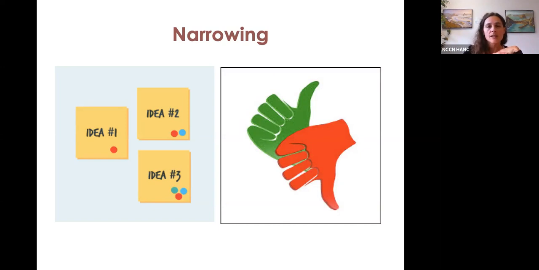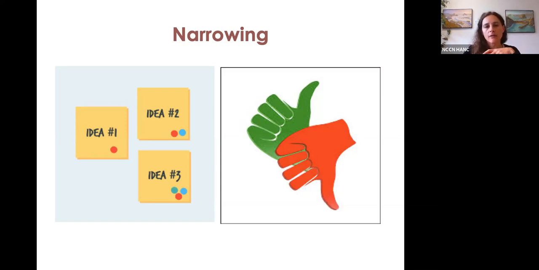If you were doing this in person, you could have people just make a star with a marker. If you're working on posters or little circle dots, they can either spend all their dots in one place because they really like a particular idea, or they can spread those dots across ideas. And especially if you're in a problem-solving mode, go through the pros and cons, or the plus and minus, of moving forward with a particular idea.